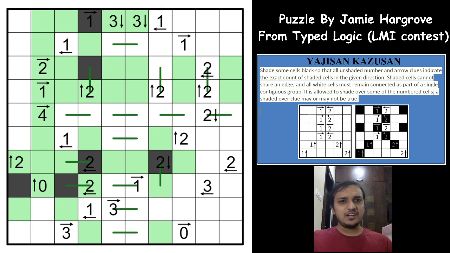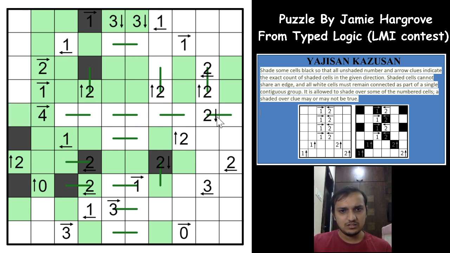Now one more good trick here is, if you see, what happens if I shade this cell, which will make this cell as shaded and this cell as unshaded. I mean to say this cell as shaded again, which again has a white cell stranded in between. You cannot have exactly 4 shaded cells and make a white cell stranded, because the white cell has to be connected to all the other white cells in the grid, which means that this cell has to be unshaded, which gives you a shaded cell here, right?